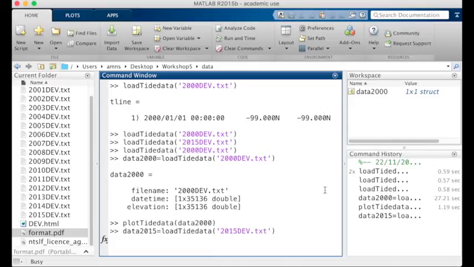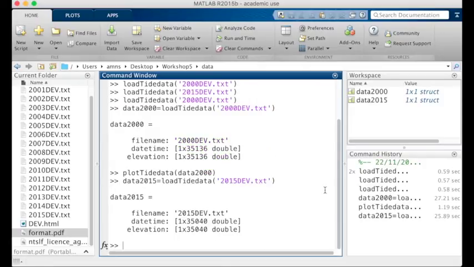And again, it will take a short while to read all of the data in the data file. So we've got 35,040 data points in this case,